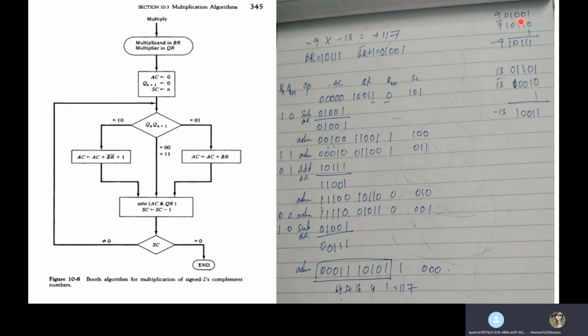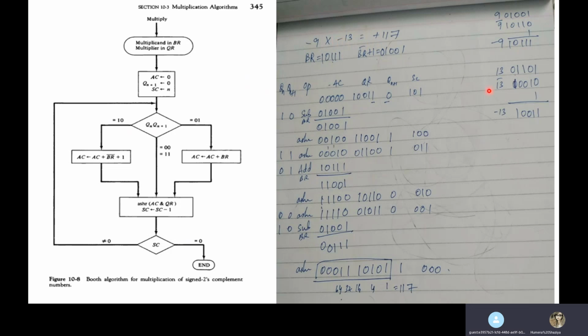This is a 5 bit number. How do you take a complement? You have to invert every bit. When you invert every bit, 0 becomes 1, 1 turns out to be 0, and likewise. After you invert every bit, you get the 1's complement form. This is the 1's complement of 9. And when you add 1 to it, it becomes minus 9, which is in 2's complement form. So this is minus 9.